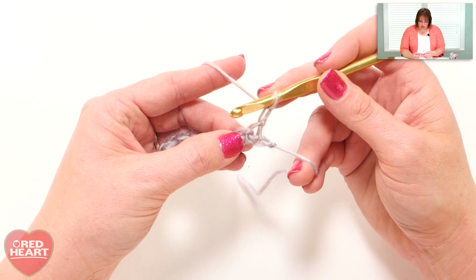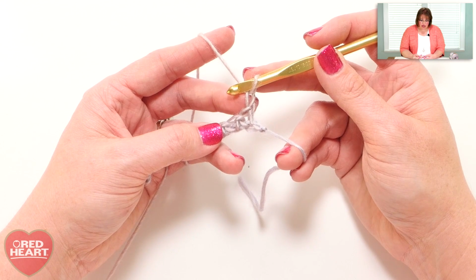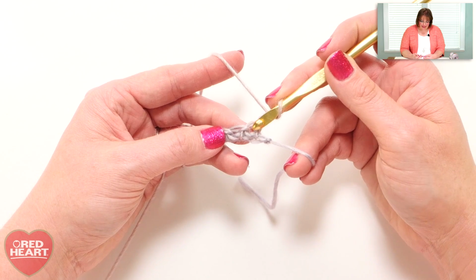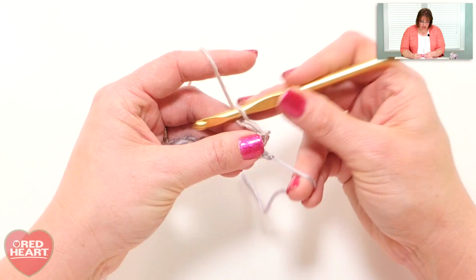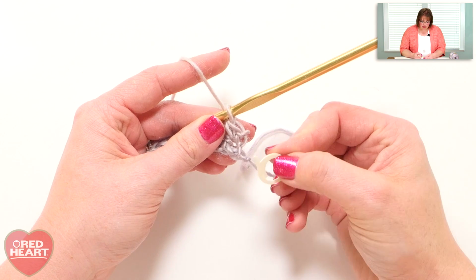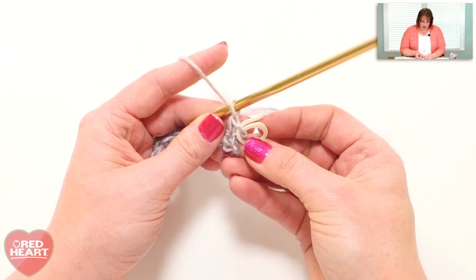Now I need to single crochet in the first single crochet. Now knowing that this first chain 1 is not going to count as a stitch, I'm going to place my single crochet right there, and the very last single crochet I completed will be my very first single crochet. So I'm going to put my first single crochet right there, and this is where my stitch markers come into play. I'm going to grab my stitch marker and I'm going to put the marker at the top of that